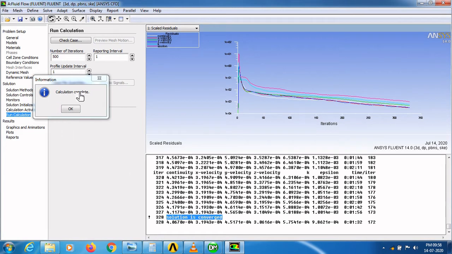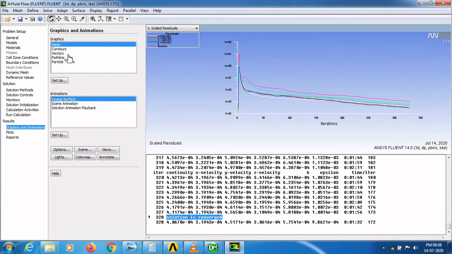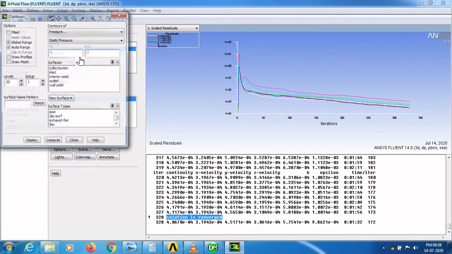After the solution is converged, go to graphics and animation section. In graphics you have to select contours.